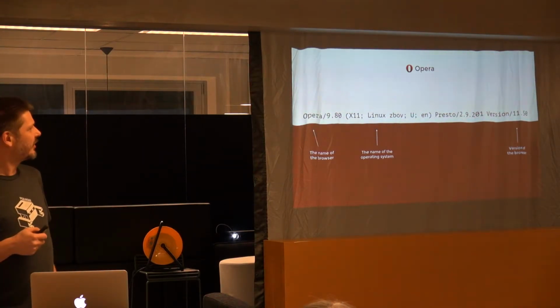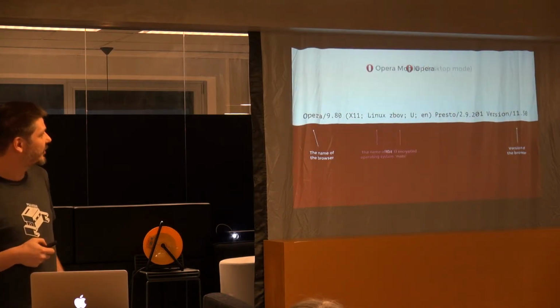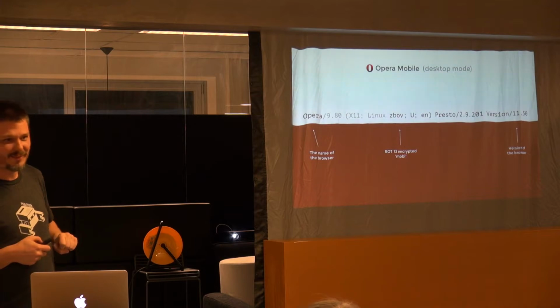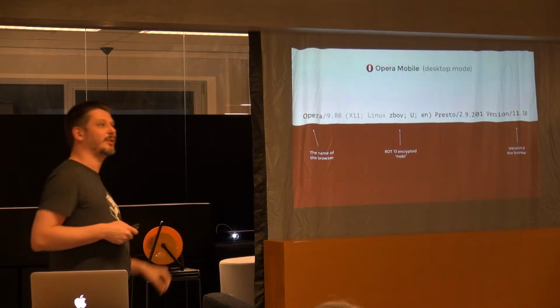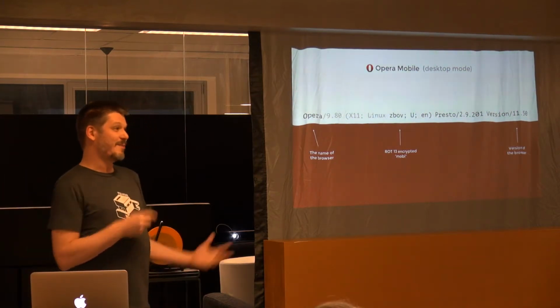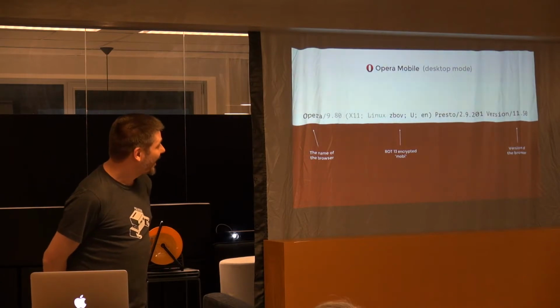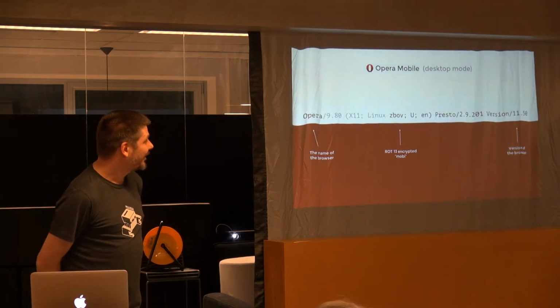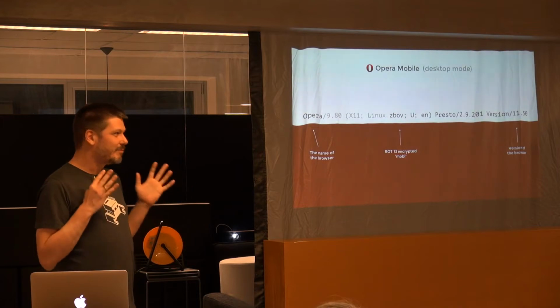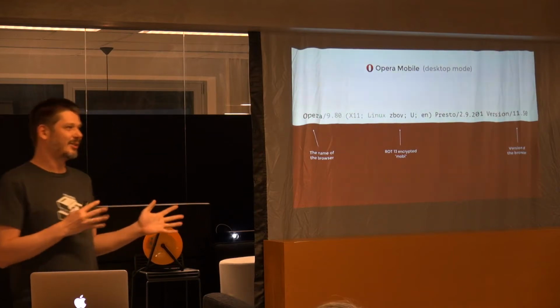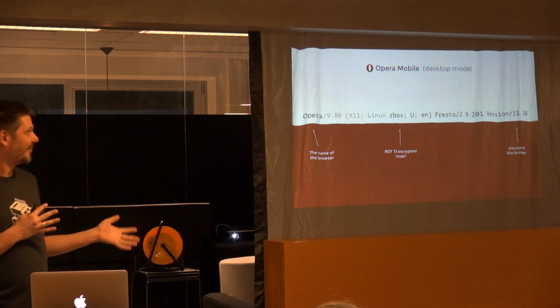Well, no, this isn't Opera on desktop. This is Opera on mobile, because that ZBOF there, that's actually ROT13 encrypted mobile. And yeah, this is actually what most user agent sniffer scripts do wrong. They don't know this.